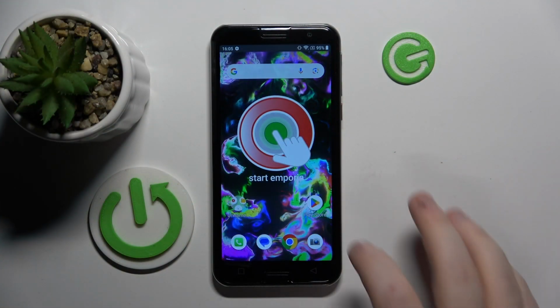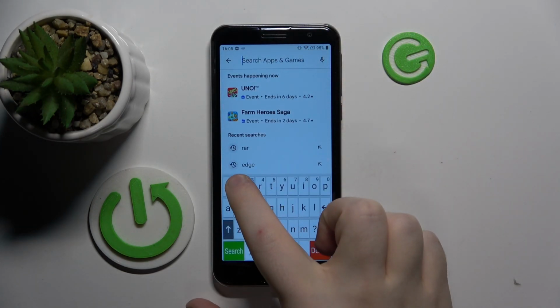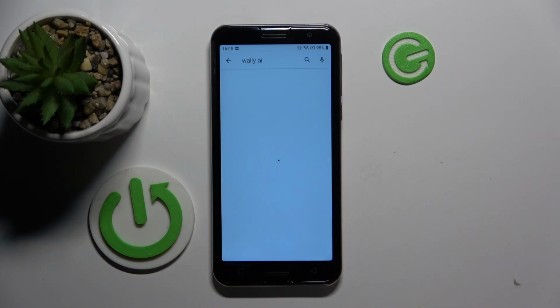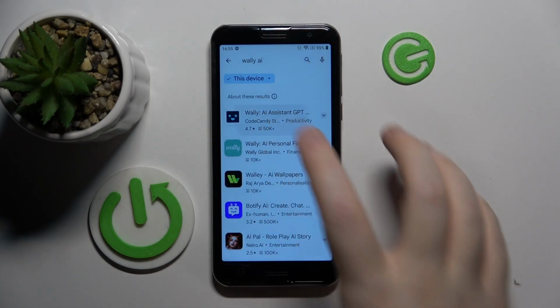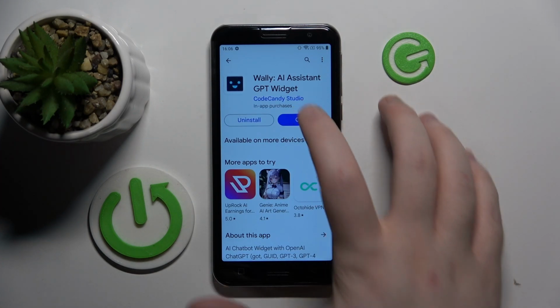So you have to start with opening your Google Play Store, then click on the search bar and type in Wally AI and click search. And now select this application and click install. Now you can click open,